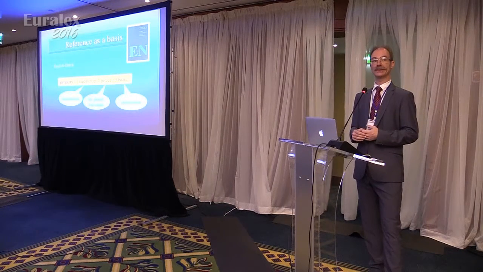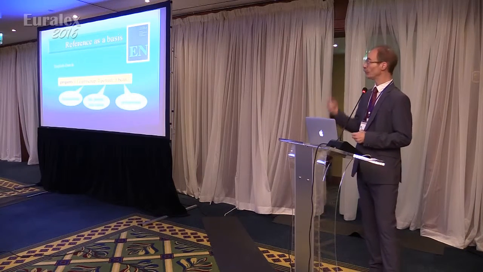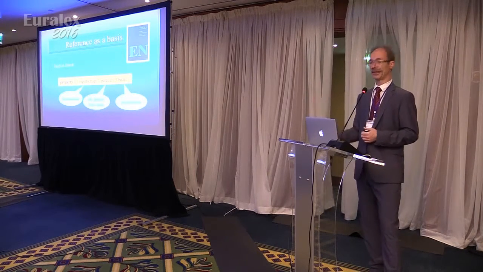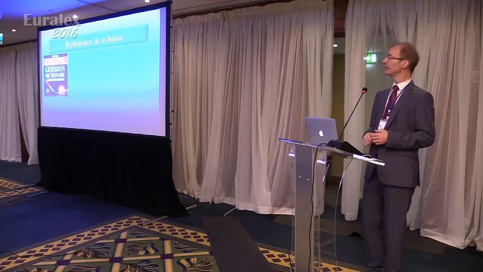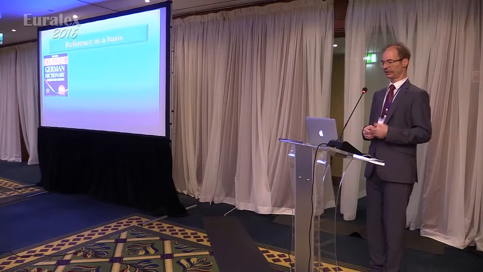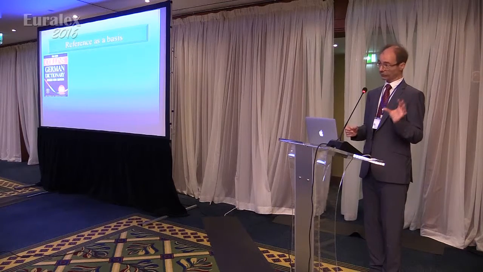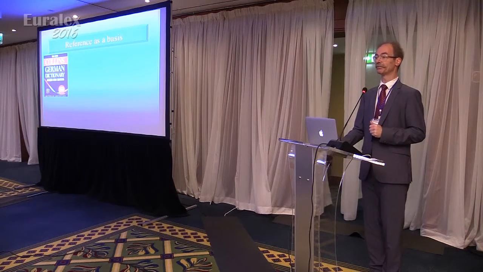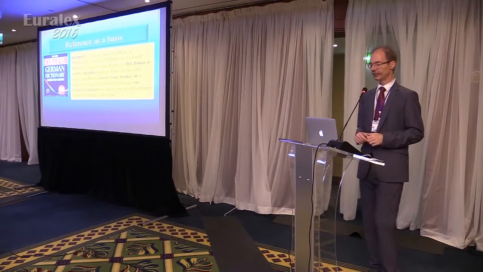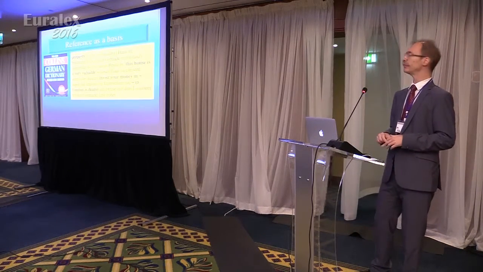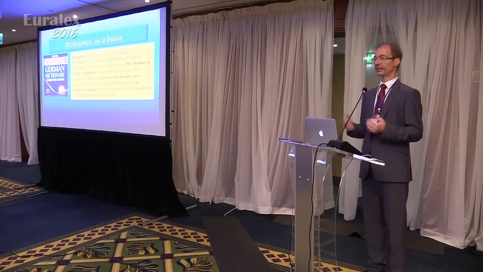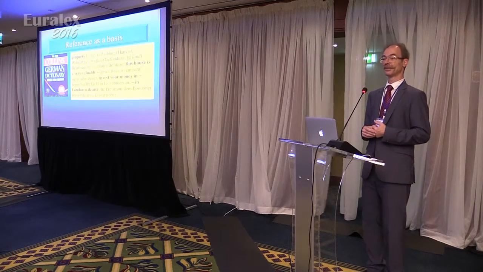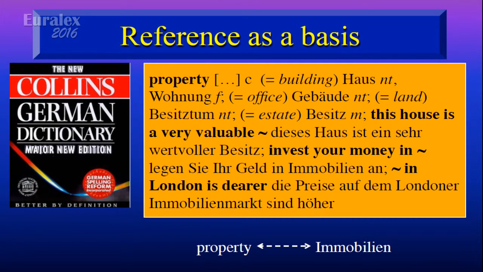Well, usually dictionaries give more information than this. Also, the Vandalen gives some examples that are listed afterwards. But here is an example of a dictionary, the Collins German dictionary, that uses a well-known technique to explain, in particular, this second meaning, the real estate meaning. What we see here is 5 different translations into German, each of them preceded by a kind of descriptor. And then we have more examples.